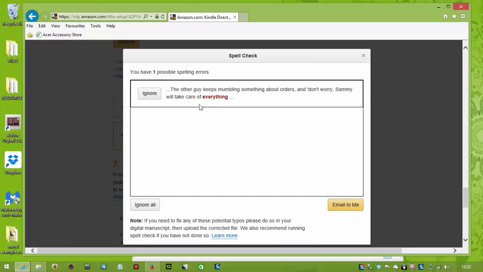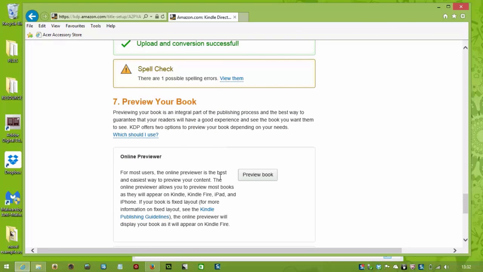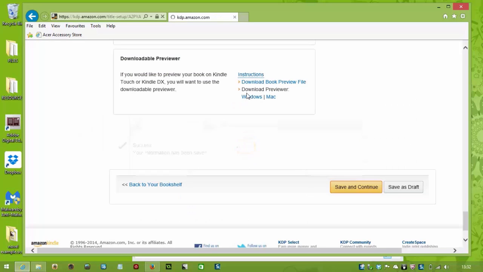Let me just check and see what it's complaining about. It's complaining about the word everything. I'm not too worried about that, to be honest. Please don't get mad at me if I'm not doing my grammar correctly, but it's definitely worth looking at the spell check that comes up, because sometimes you will find things that you were unaware of in your manuscript, and again, you can just go back to your Scrivener project, make the changes very quickly, and upload a new version. So I'm happy with everything. Save and continue,